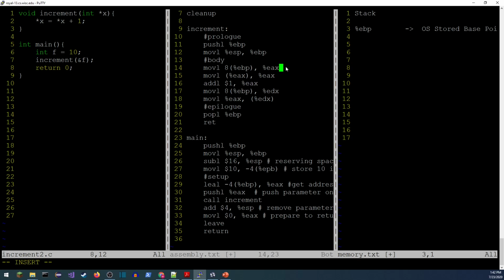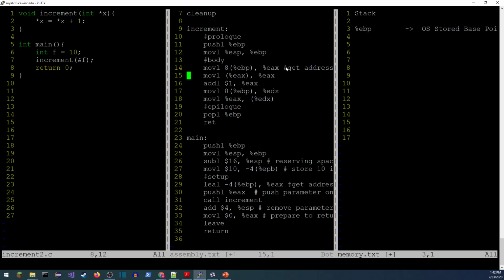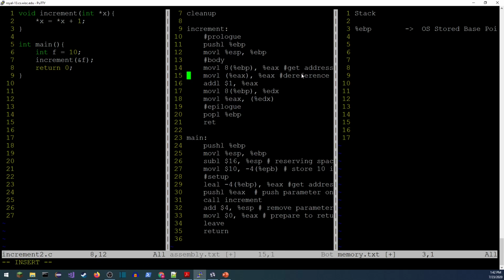In the body, this piece right here was get the address from parameter. And then we actually dereference to get the value. Just like that. We added one to that, that's going to be the increment.